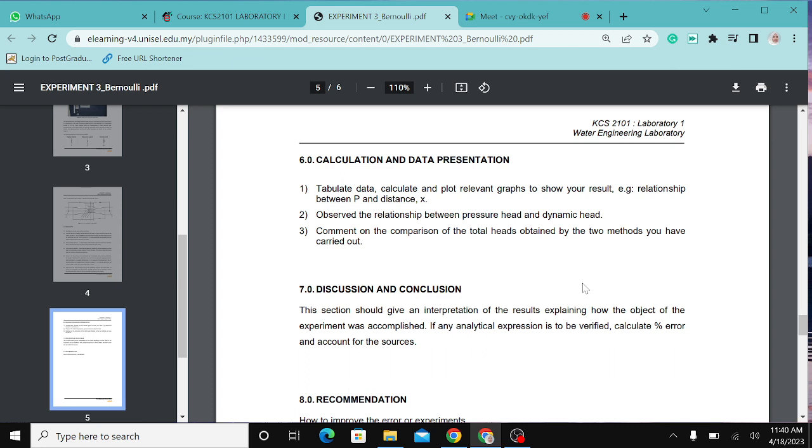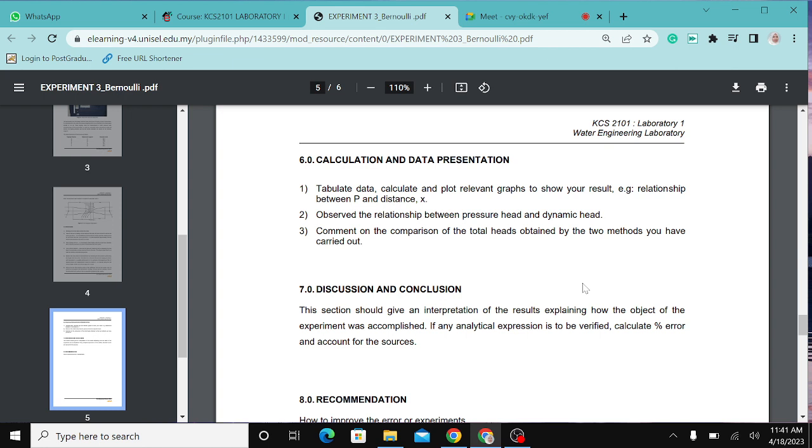Okay, and then observe the relationship. Once you have the graph, later on you need to make some summary or descriptions. Okay, the outcome from the graph: what kind of relationship, whether they have a positive or negative relationship. Okay, that means